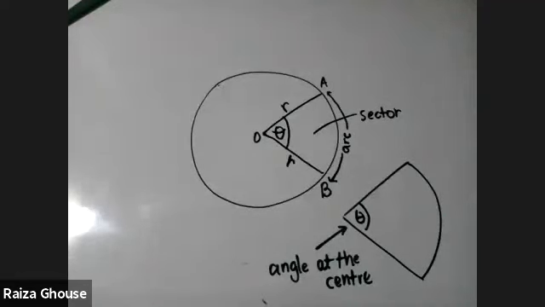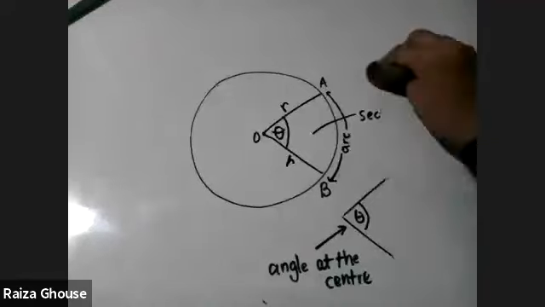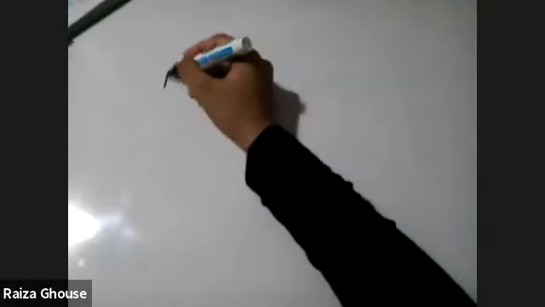Okay, now we'll go to the next part. This is one of the important parts: sector of a circle. I told you when I started the lesson that we are learning how to find the perimeter of sectors. If you want to find the arc length, usually the radius is okay. You can find the circumference using the C equals 2 pi r equation. But suppose you are not given the arc length, there is a formula that you have to remember to find the arc length. Now this is a new formula. Now listen. Now write down the arc length formula.